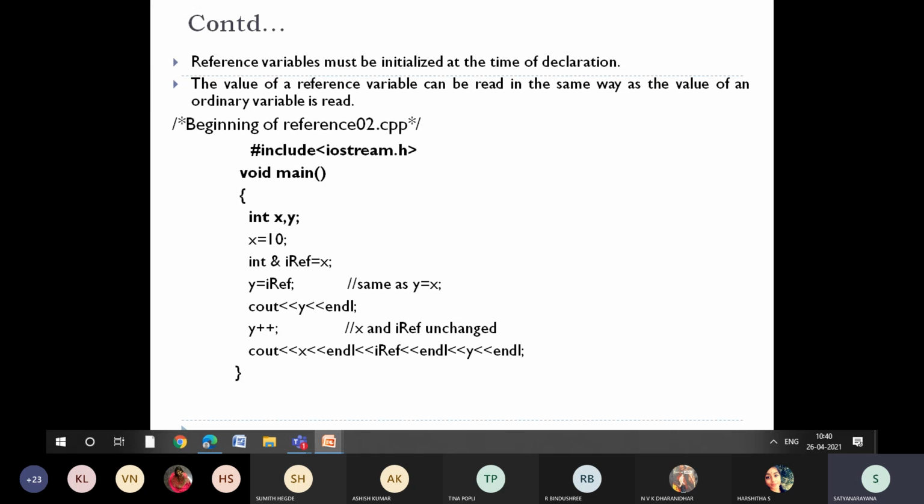Still doing. 10 and 11, sir. Any other answers? Two people said 10 and 11. Any other answers from anybody?